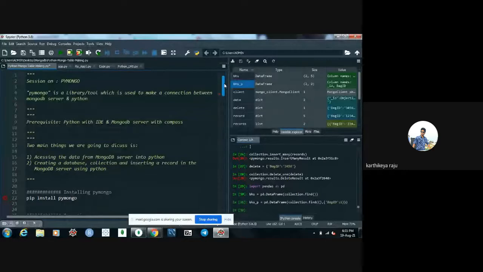Yeah, sir, I have one question. Is MongoDB a relational database like SQL, or is it flat-based with no relationships? It is not. Is it a NoSQL database? MongoDB is a NoSQL database. It is not like MySQL. Okay, understood. Sir, can you explain how to build a relationship between collections?